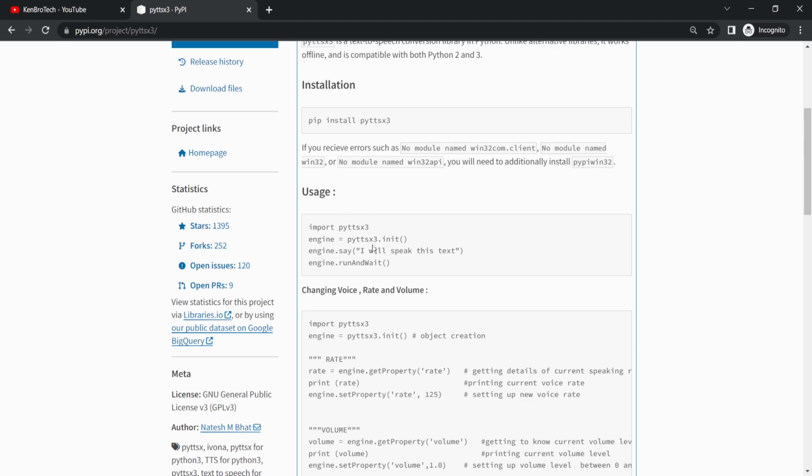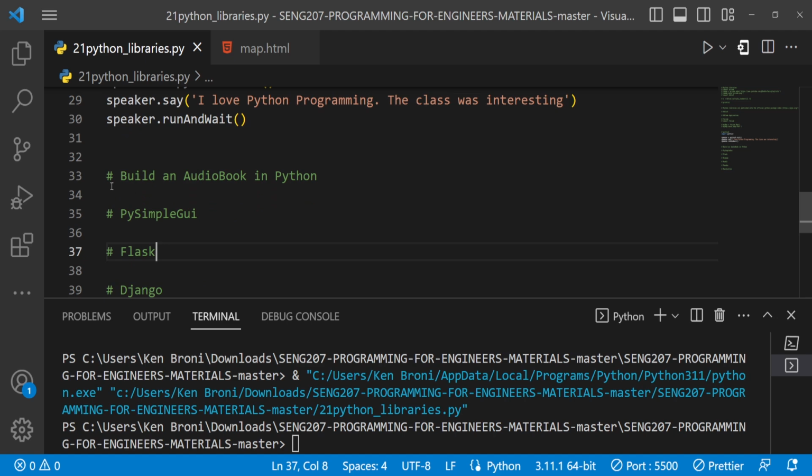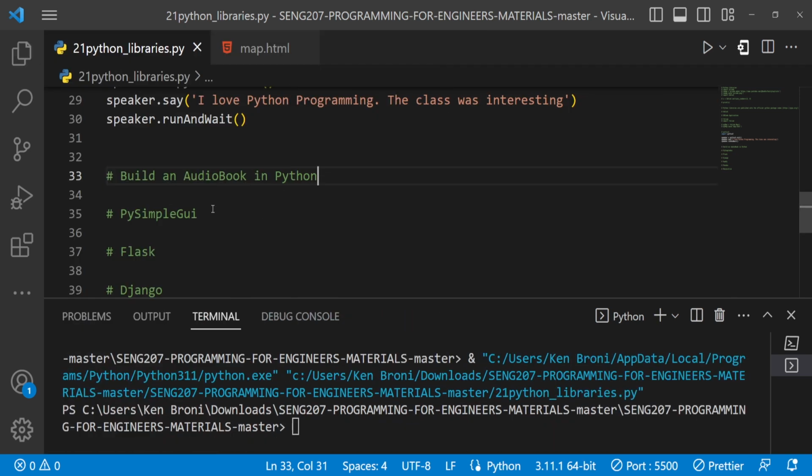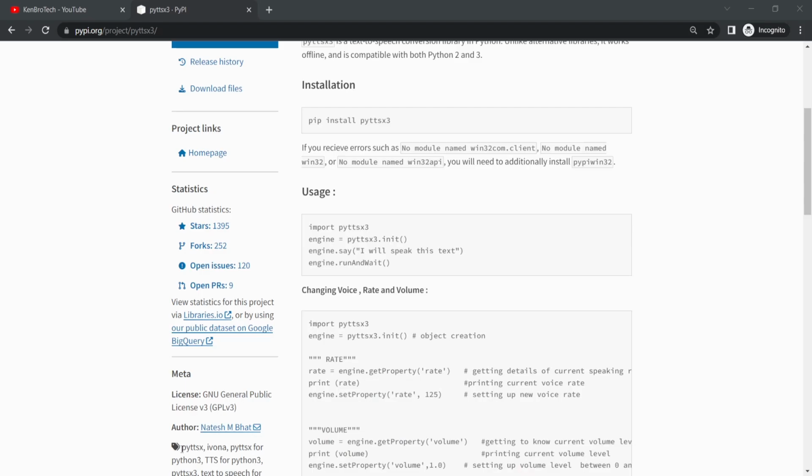So that's going to be that. And you could see that I have over here that on line 33 I say build an audiobook in Python. So for the purpose of that, that's why I have this book.pdf over here. But don't worry, there's a video that's going to guide you, which I've already published onto my YouTube channel